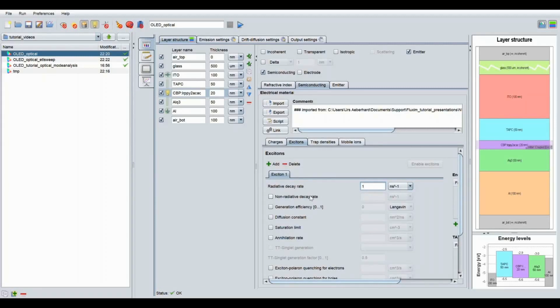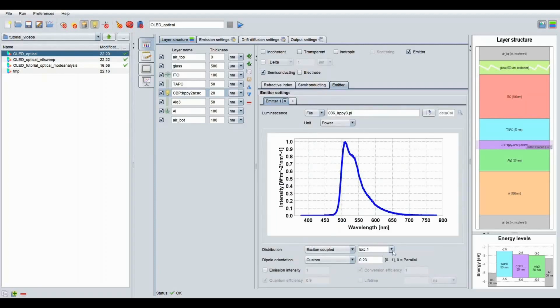So I choose 1 per nanosecond and the generation efficiency of 1 again. Now the generation efficiency is specified in the exciton properties. And so now I can use this exciton. Well, it's already automatically taken because it's the only one. And so the emission is now coupled to the exciton properties.